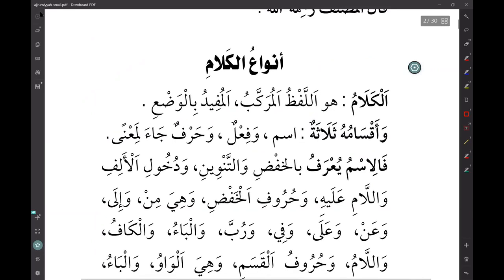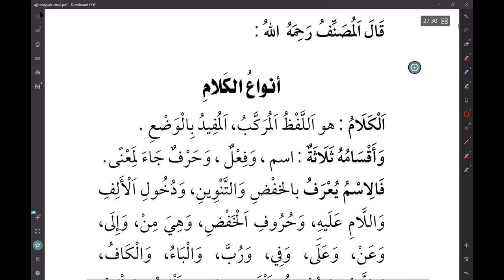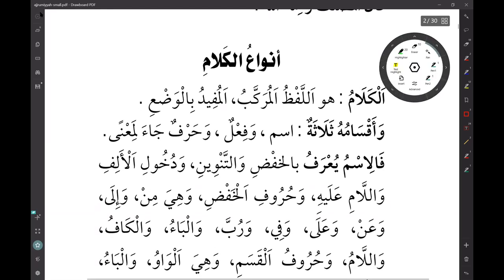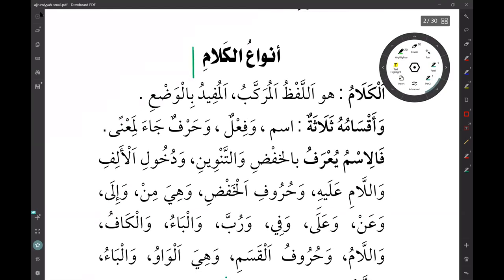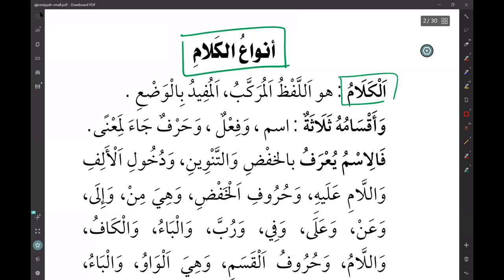Now, so we're still talking about anwa'ul kalam, right? We said anwa'ul kalam means what? It means the types or kinds of speech. And the first, we talked about kalam. We really went enough in details explaining what kalam means in linguistic, not both linguistic perspective as well as from